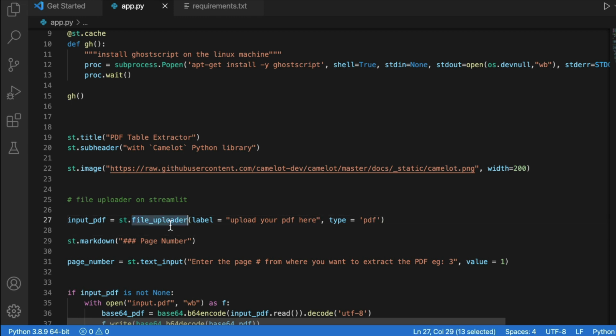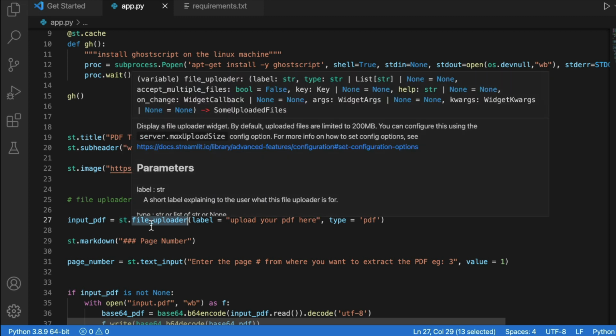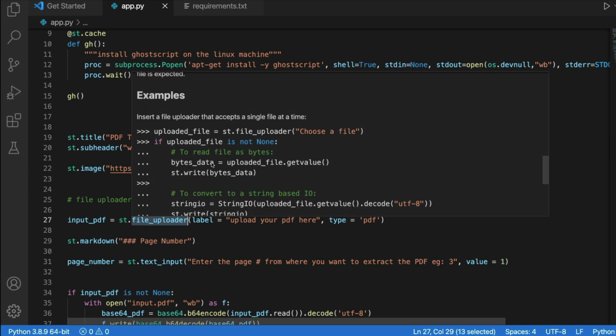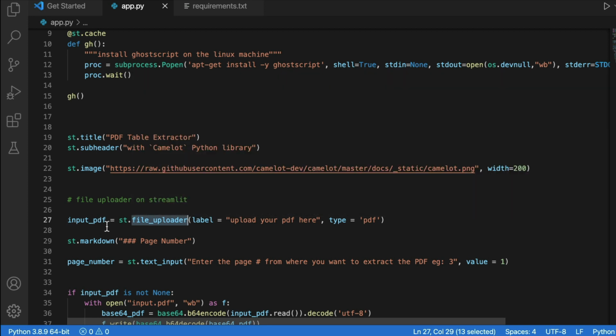The main important thing is that the output of this file uploader is actually a byte file. Whatever is the output of this file, as you can see somewhere here, it is read as a byte file or read as an object. That object doesn't mean anything at this point. It's not a PDF. I call it input_PDF just for my reference, but it is not a PDF at this point. Just imagine that this is some kind of code that nobody understands. Some kind of data. It's like when you see the Matrix, what do you see? You see something green color, right?